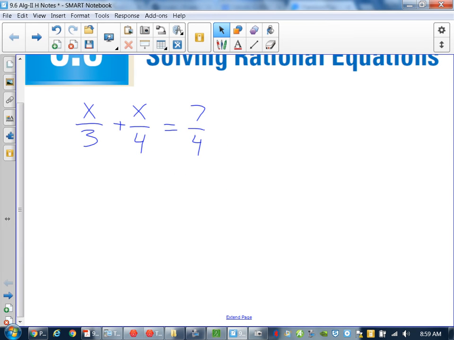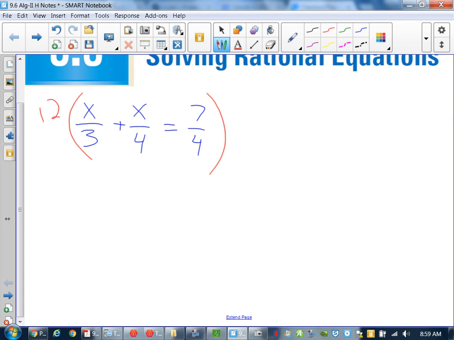What's the common denominator between 3 and a 4? 12. So what I'm going to do here is I multiply everything by 12. Here's why. Because that would be the common denominator for everything. If I multiply everything through by 12, I'm going to do this long form to show you why this happens. If I distribute the 12 to everything on both sides of the equal sign, which is legal, because what you